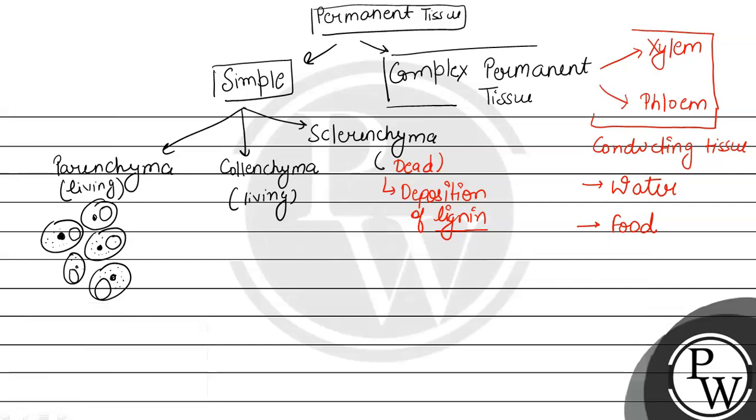Xylem will be responsible for conduction of your water. जितने भी मिनरल्स होंगे वाटर में डिसोल्व और आपका जो भी वाटर का कंडक्शन होगा, for that your xylem will be responsible. Whereas for food conduction your phloem will be responsible. You can also remember by a trick that phloem मतलब food, ऐसे याद रख सकते हो कि phloem जो होता है that is responsible for food and your xylem is responsible for your water conduction. So now if we get back to our question,